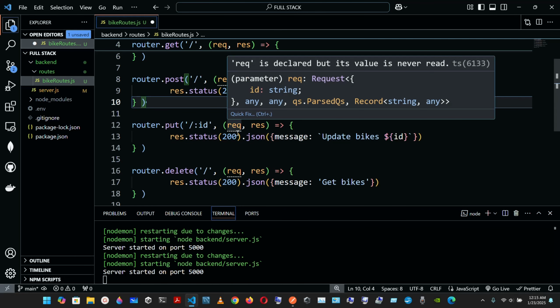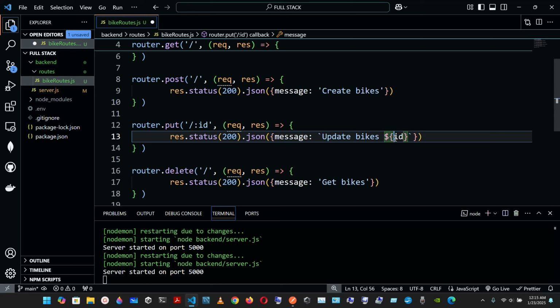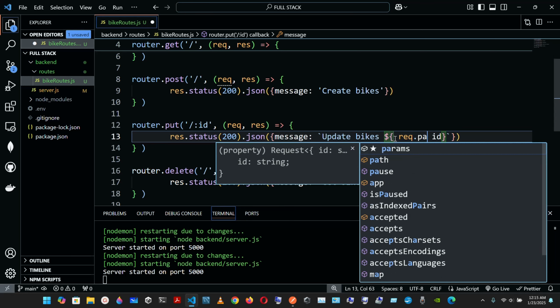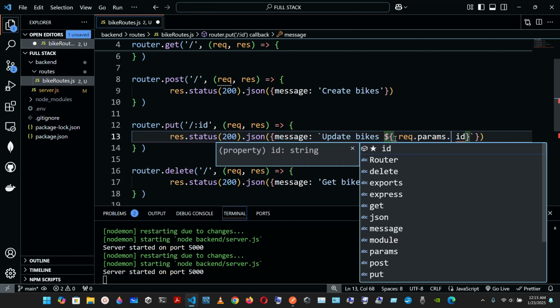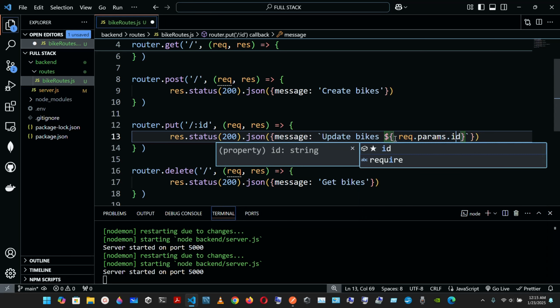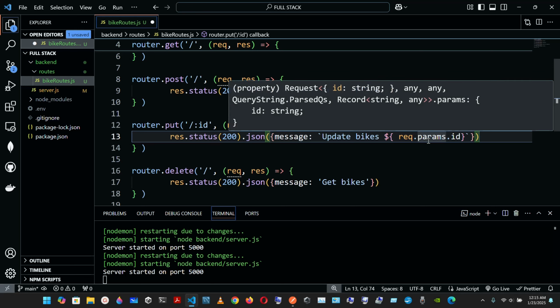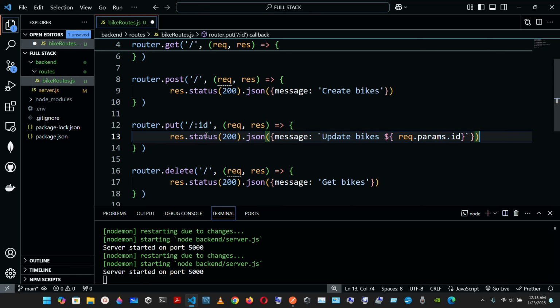I mean, first of all, we need to pass in the request.params, and then it's gonna be that id like that. Okay, so we have that, so it has to be inside backticks. And let me see, so yeah, make sure that we have the :id, :id, and here we're gonna